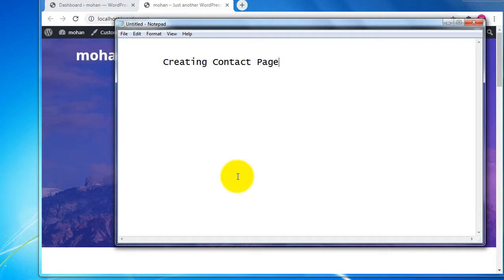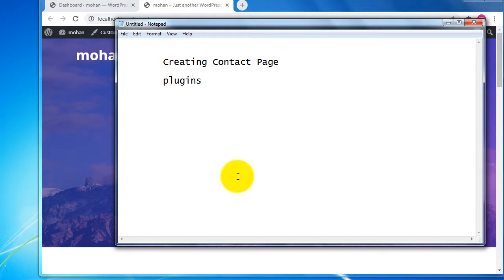In this session I would like to tell you how to create a contact page by using a plugin. To create a contact page we need to use some plugins only.